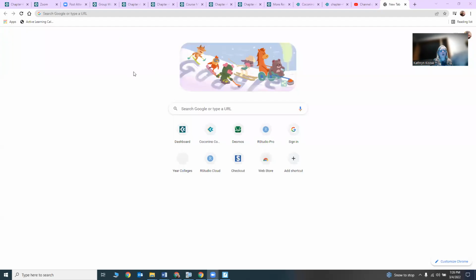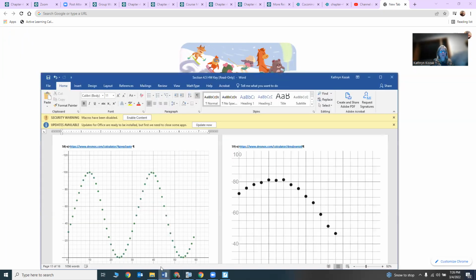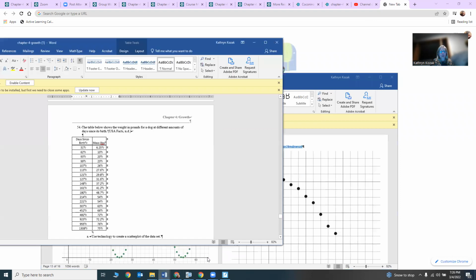This video will show you how to solve some of the homework problems for modeling. We will look at problem number 54, chapter 4 homework, which is on modeling. The problem says that the table below shows the weight in pounds for a dog, at different numbers of days